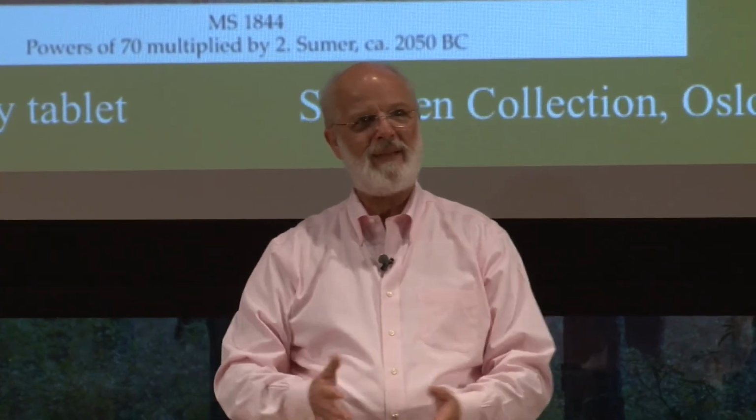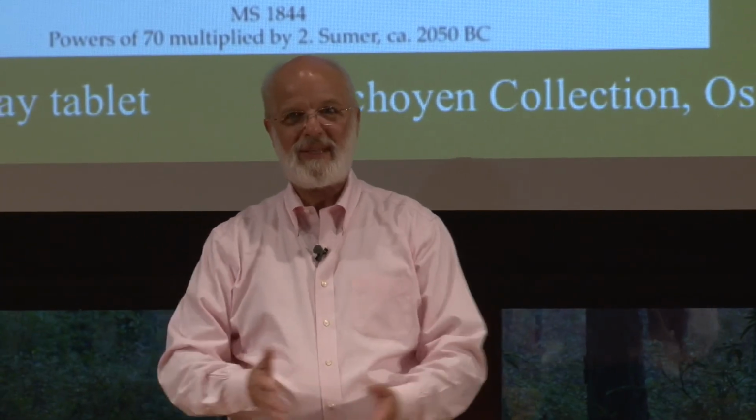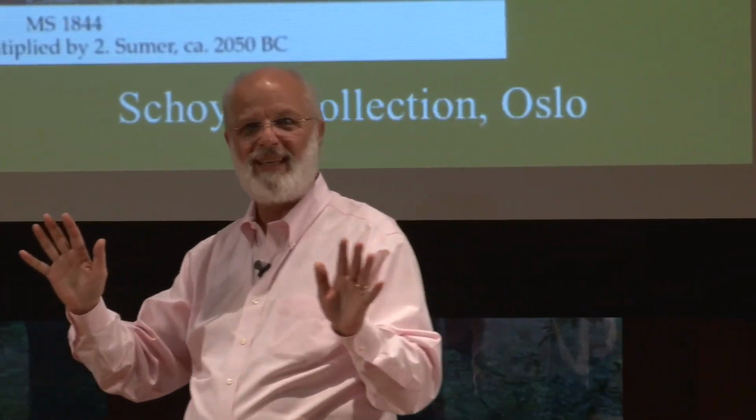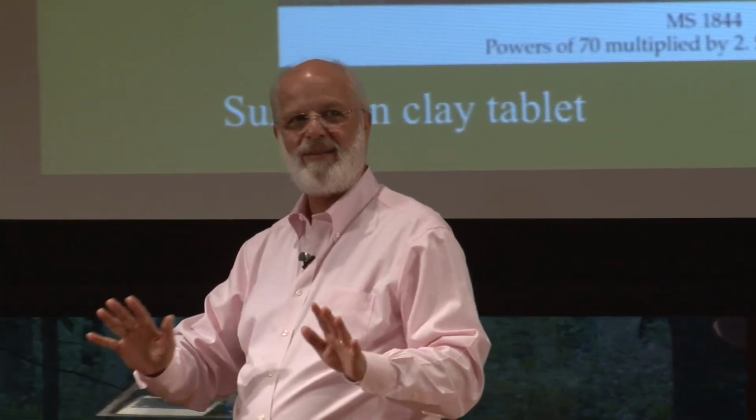And furthermore, what we have as papyrus was probably rolled up, buried in a tomb, in a sealed jar, as a funerary object. So if it was a mathematical text, it's entirely possible that this was not the serious mathematical knowledge. This was a crib sheet in case Osiris happened to ask you, what's special about a 3-4-5 triangle? You could look it up. I'm not saying that is. I'm just saying it's a possibility